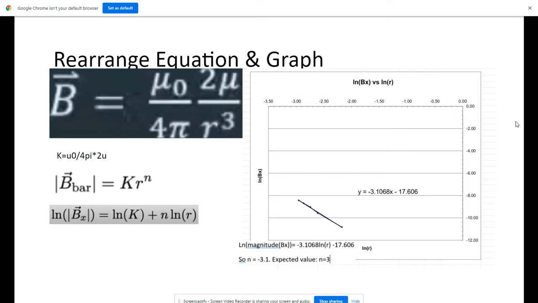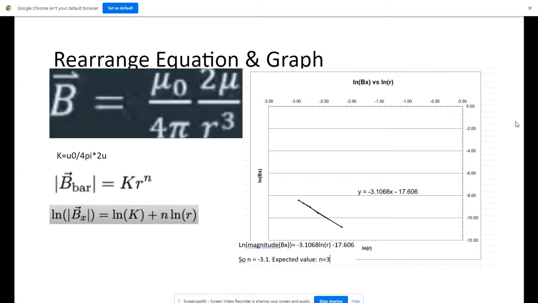In order to identify the relationship between distance and magnetic field, the Biot-Savart equation has to be rearranged to show the linear relationship. The magnetic field of the dipole is equal to mu naught over 4 pi quantity multiplied by 2 mu over distance cubed. Set k equal to mu naught over 4 pi times 2 mu. Therefore, we can rearrange the equation substituting in k and then using the natural log to get the final equation, which states the natural log of the magnetic field is equal to natural log of k plus n times natural log of distance. Now we can graph and look for the n value, which will be the slope of the